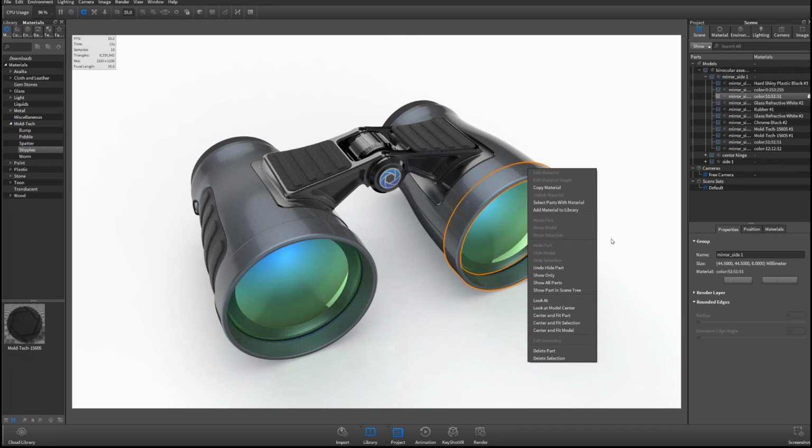So if you set up your scene and you've got your materials perfectly and everything that you want perfect, locking things is a really easy way of making sure they don't accidentally get messed with, especially when we start talking about scene sets, because scene sets are going to be a lot more complex way to present your KeyShot scenes, right? So small thing, but pretty cool.